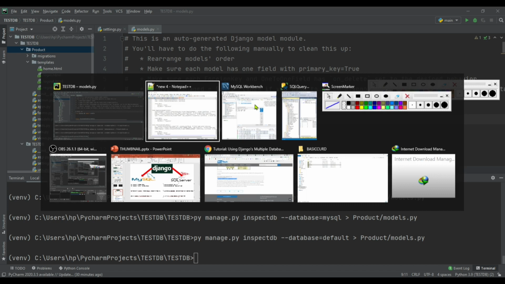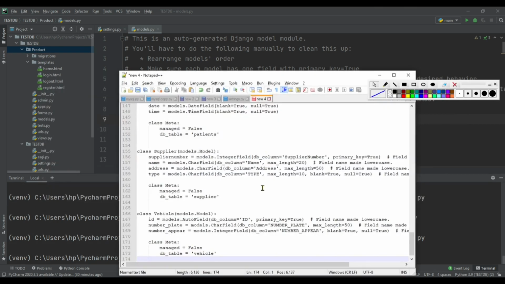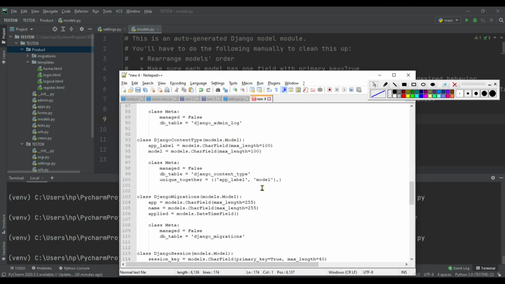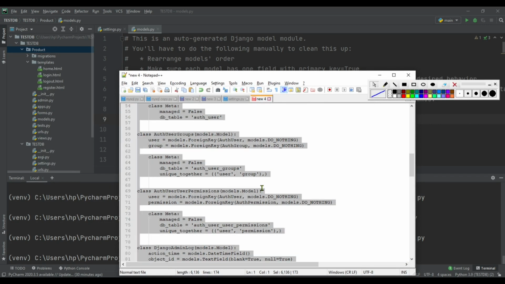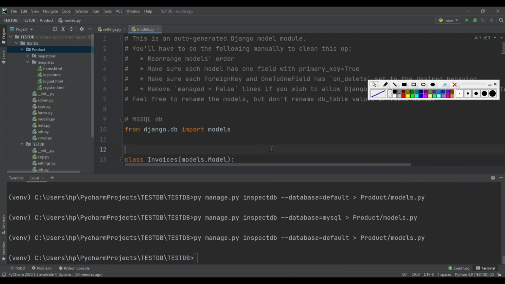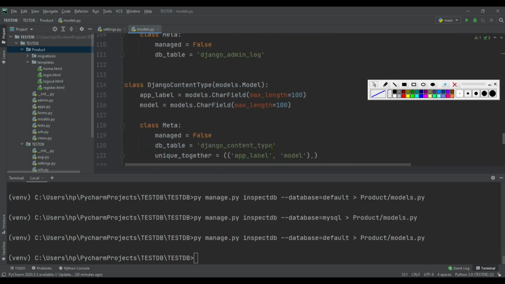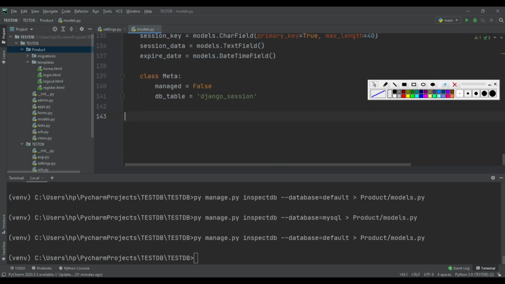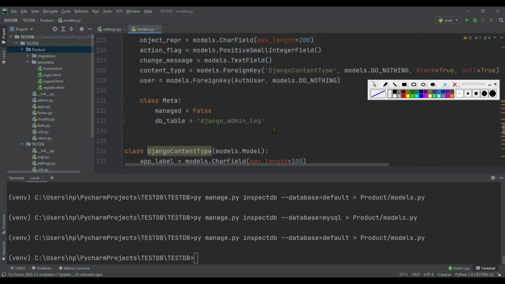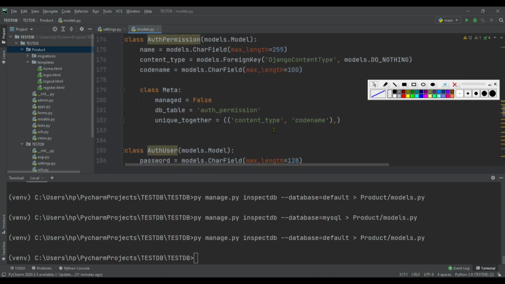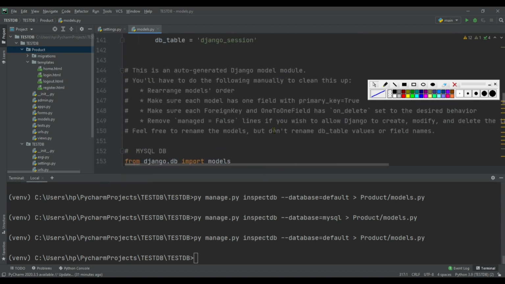So come to the file where we saved the code from MySQL DB. So copy this code, come to PyCharm. In the last, paste the code. So this is the code from MySQL DB.